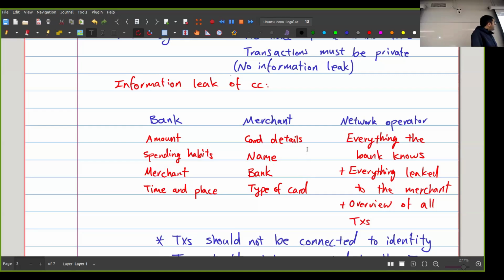But basically, the merchant sees your card number, your CVC number, all of those things. It sees your name, because it's written on the card. Again, some banks are getting a little bit better at this and not writing the name. The merchant also knows which bank you're using. And that's also not great. And finally, it sees the type of card that you're using, and based on that, it can make some prediction about how wealthy you are, probably.